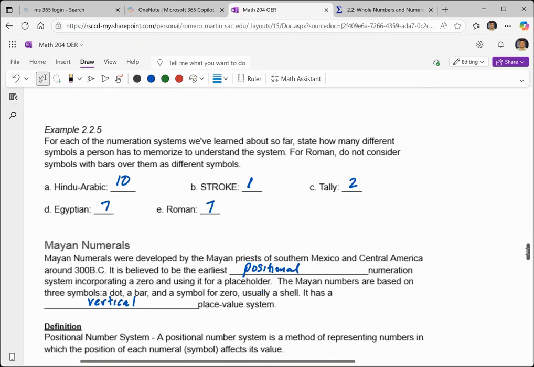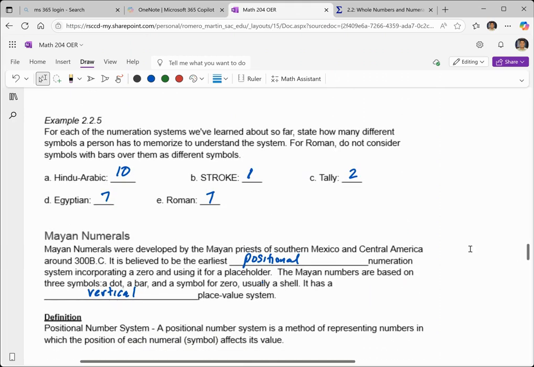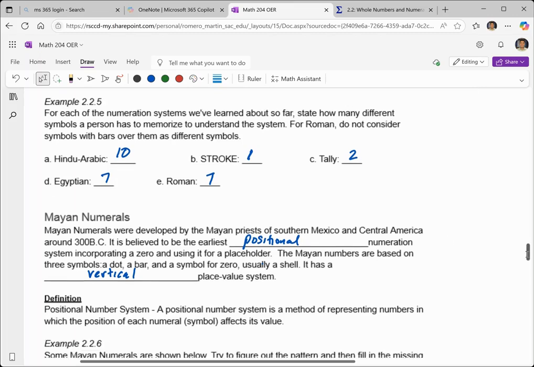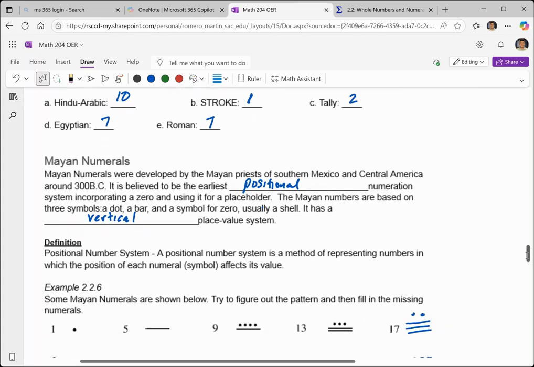2.25, which again shows different ways to represent numbers with different symbols. So it's a key question: how many symbols does our current system have? 10, right? Really, think about it. 0, 1, 2, 3, 4, 5, 6, 7, 8, 9. And then we group them together to mean bigger numbers. Each of these systems has a certain amount of symbols. Egyptian has 7, Roman has 7 symbols. So keep that in mind as we move forward and think about some more advanced systems like the Mayan